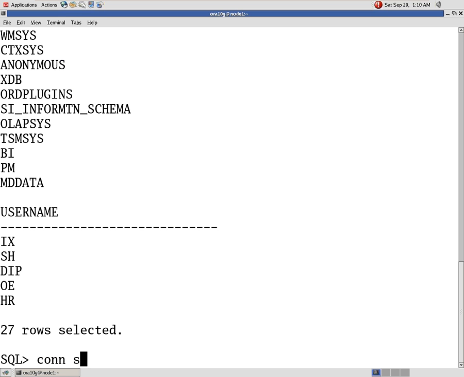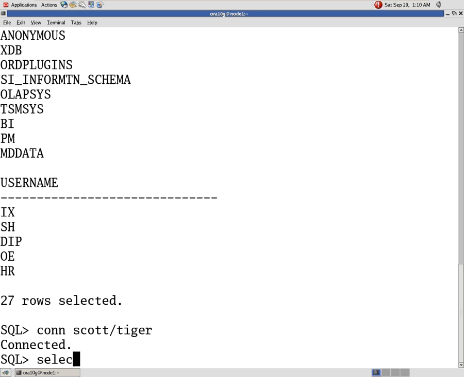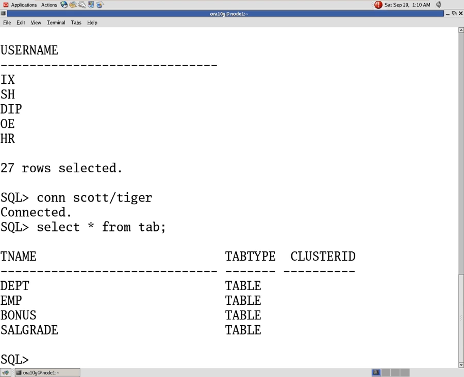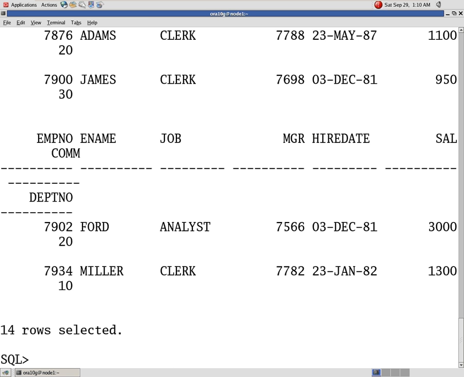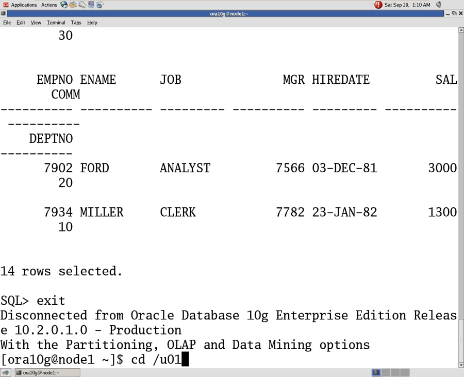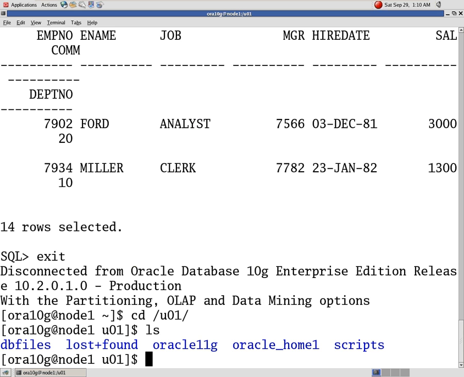In this I have the user scott, and that user has a table. Select star from the EMP table. I want to take a backup of this table by using the export utility. How can you use this? Your database must be up and running. From the $ prompt, anywhere you can go. But I am creating a directory here, mkdir